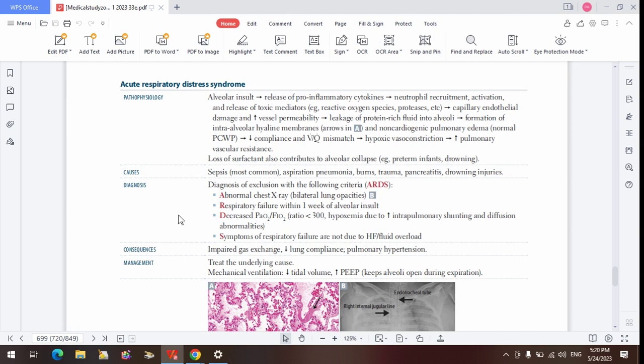So the loss of surfactant with the alveolar collapse is very, very important for us to remember. Please, we should not forget that. It is due to damage to the type 2 cells. And the one for the premature infant is due to immaturity. They are not mature, they are immature. So the pneumocytes are not yet formed, so they are not able to synthesize a lot of the surfactant. So the surfactant can help us explain why there is a collapse.